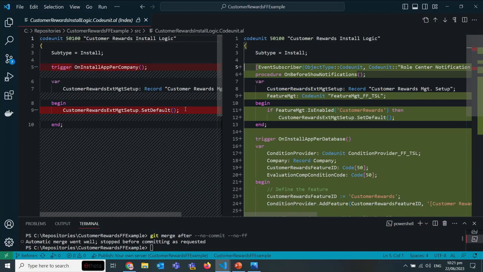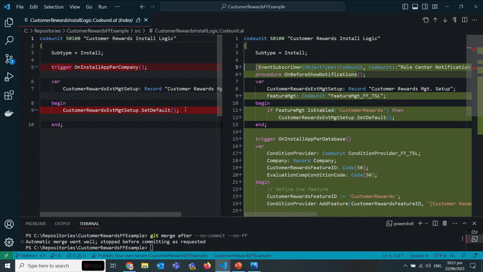To be able to transform this into the wrapped approach with the feature flags, you need to move it to some point where you can check if your feature is enabled or not. This is where we're decoupling deployment from release. The moment where you're checking if your feature is enabled is probably not in the installation code unit. It's somewhere on login, or in most cases what we're using is role center on open